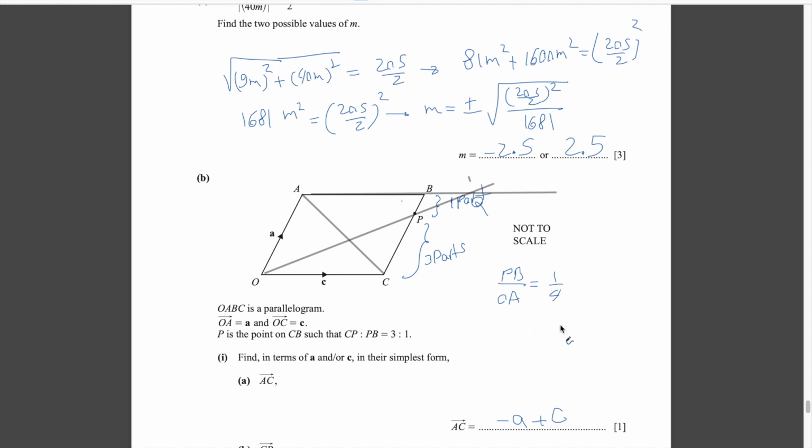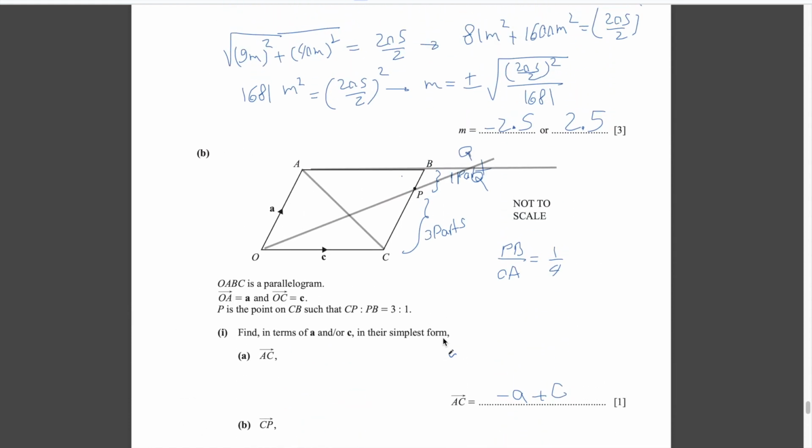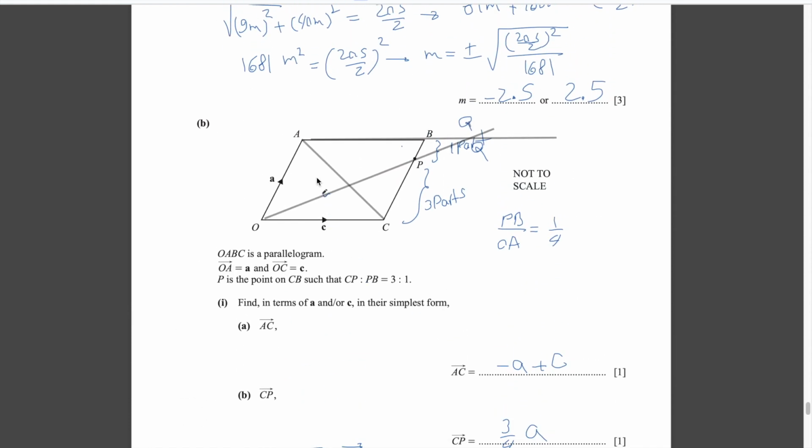Then here for example I write Q, we are looking for the position vector of Q. Okay, we are looking for vector OQ. So OQ can be written as OA plus AQ. But AQ contains AB, which is C, and BQ. We know that BQ to AQ